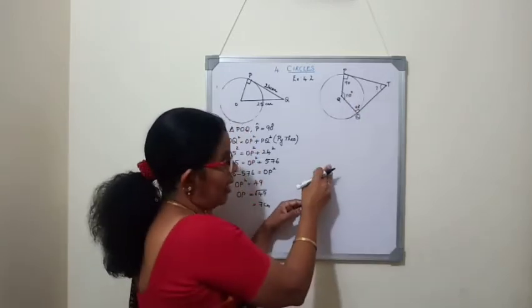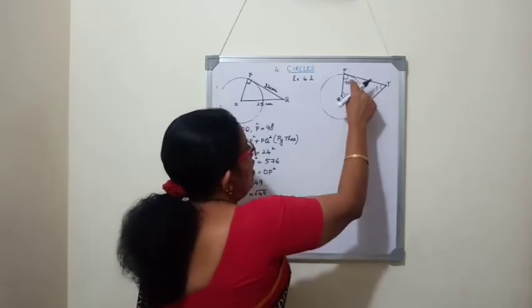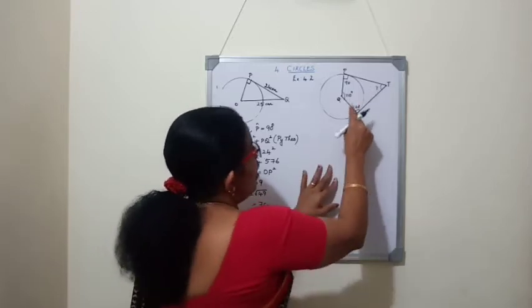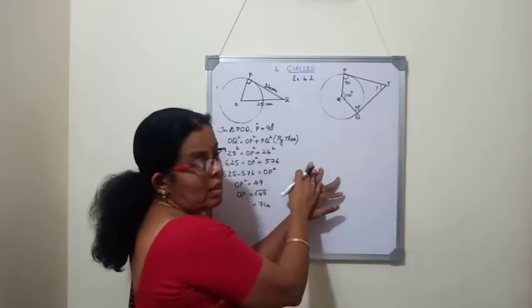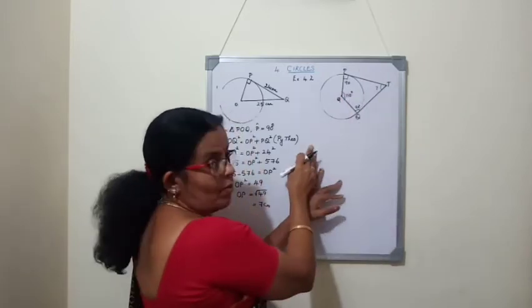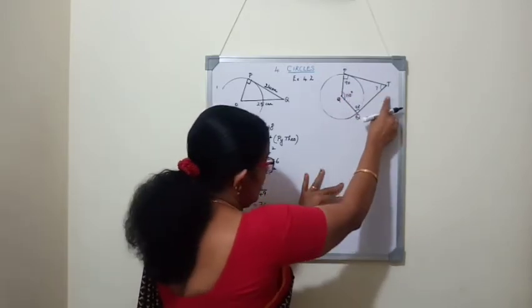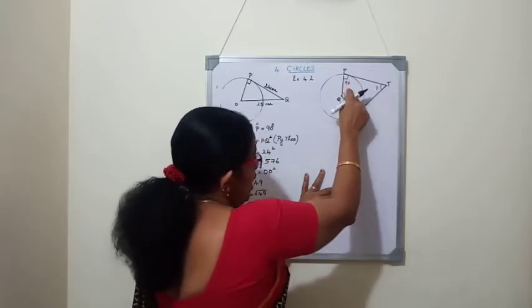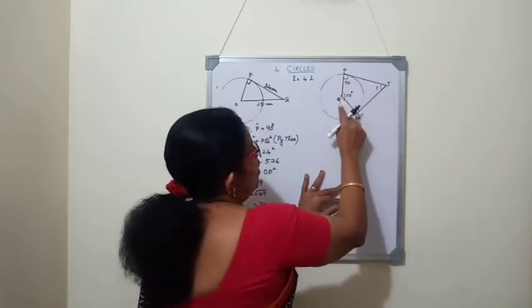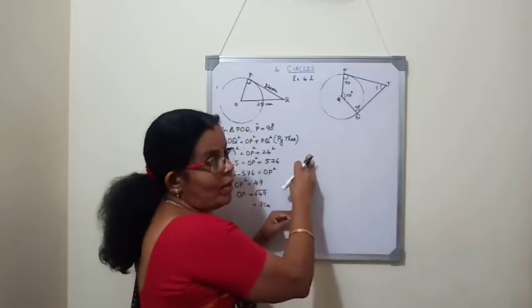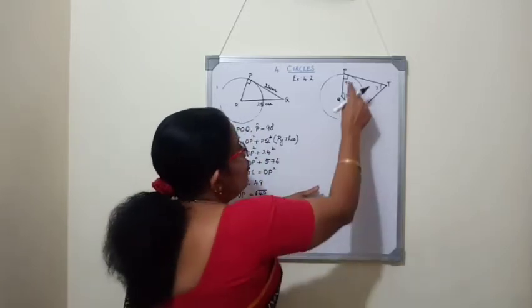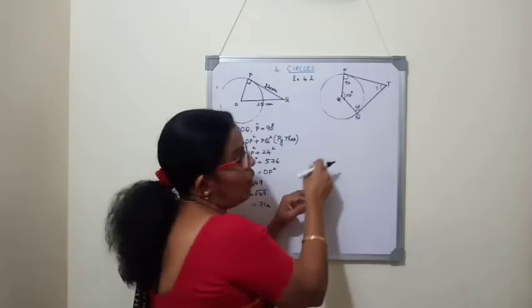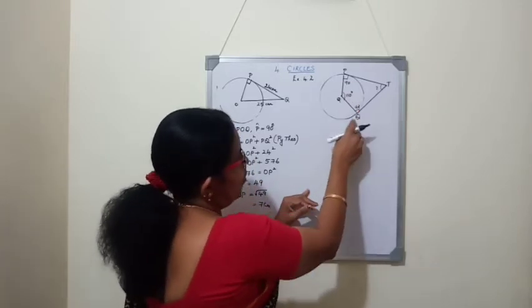It's a quadrilateral. In a quadrilateral, if the sum of two angles, these two angles, is 180 degree, then what about the sum of the other two angles? Sum of all the four angles in a quadrilateral will always be 360 degree. Sum of these two angles is 180 degree because of theorem 4.1. So naturally the sum of the other two angles also will be 180 degree. Last year you already learned that it's a cyclic quadrilateral. Sum of opposite angles are 180.